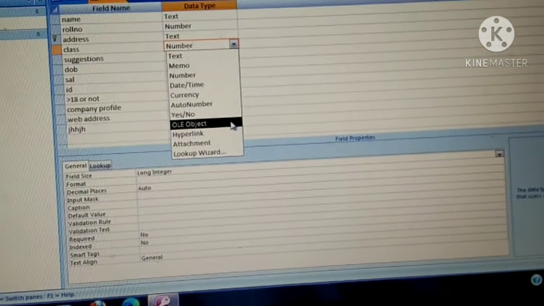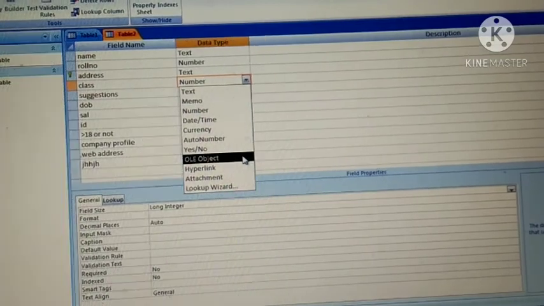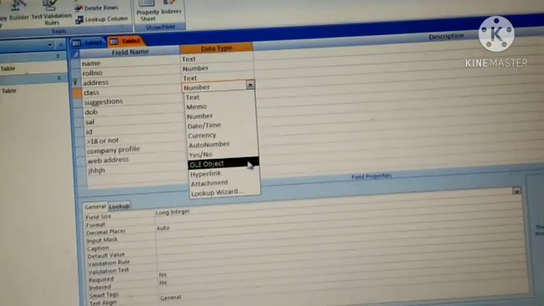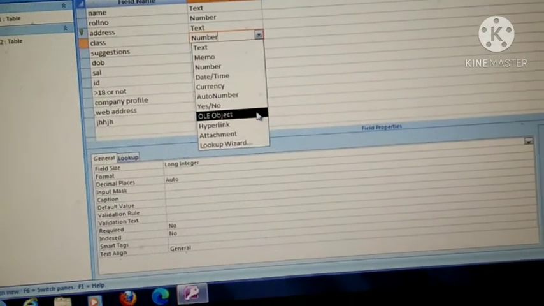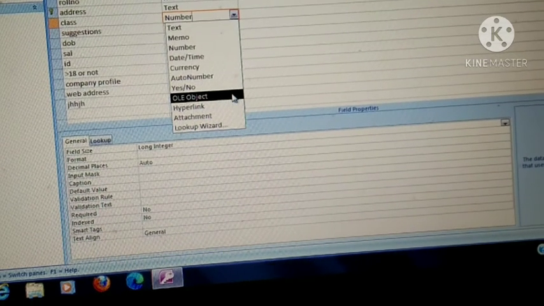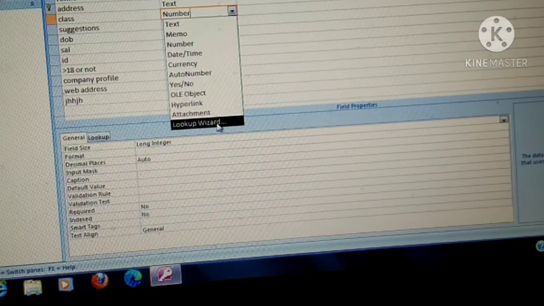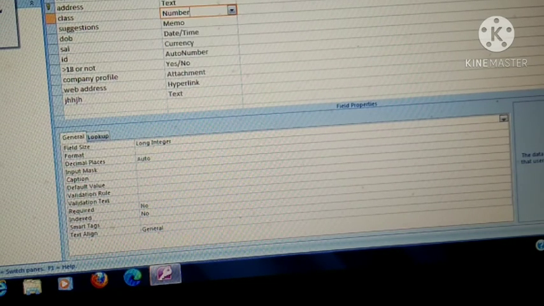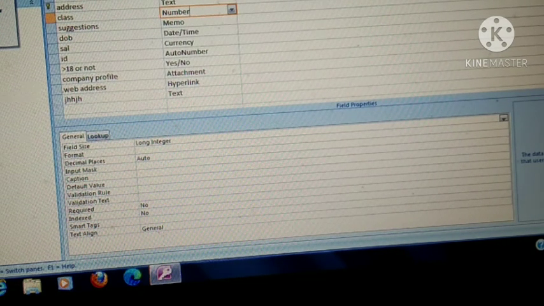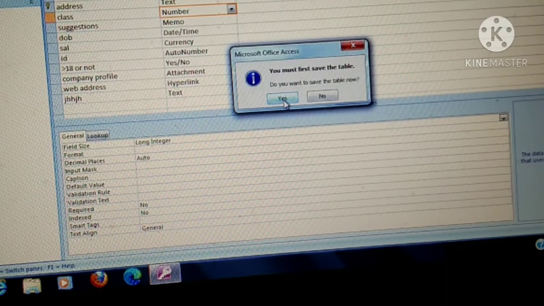Next one is your hyperlink. If you want a hyperlink in your database, then we will go through hyperlink. Next one is your lookup wizard. If you want to take data from some other table, then we will use lookup wizard in that particular field.